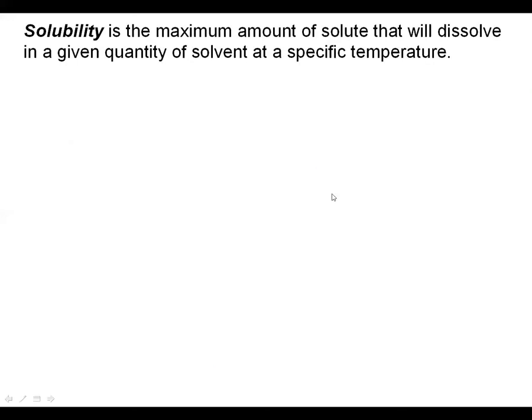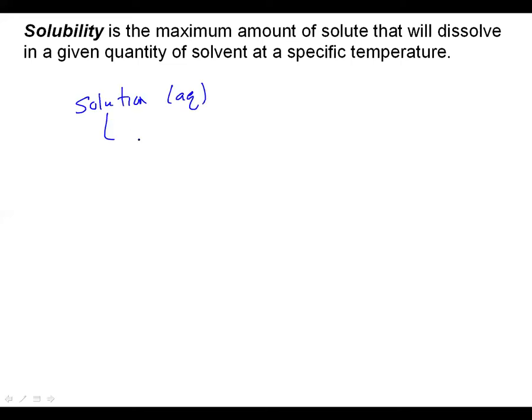But to help us decide if we are going to get a solid if we mix a couple of ions, or if we're not going to get a solid, the solubility is what can help us do that. The solubility of something is basically the maximum amount of solute that will dissolve in a given amount of solvent. So when we talk about a solution, which again is that aqueous symbol,